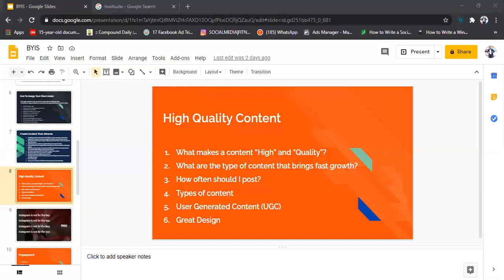So a great design. All right. So let me quickly show you what a great design is. This is a great design here. Very attractive, very beautiful, as you can see. These are very high quality pictures. If you should see this on phone, you're going to love it. So this is what I'm talking about. It should follow a pattern.